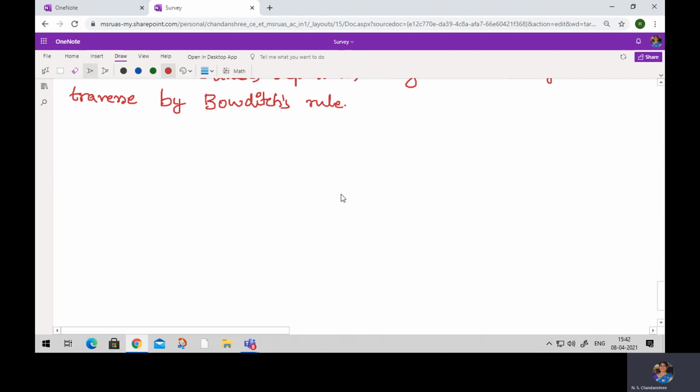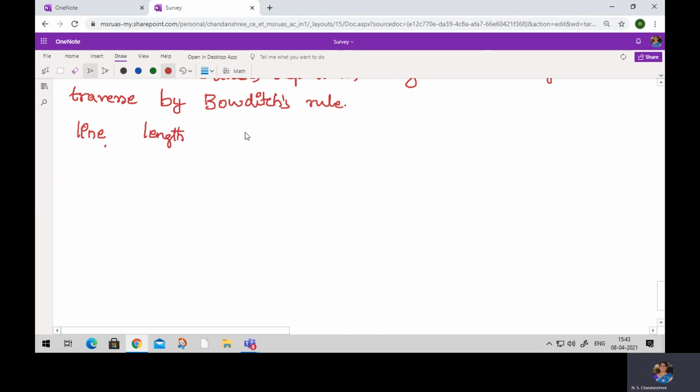And a table will be given here. So the table says: line, length of the line